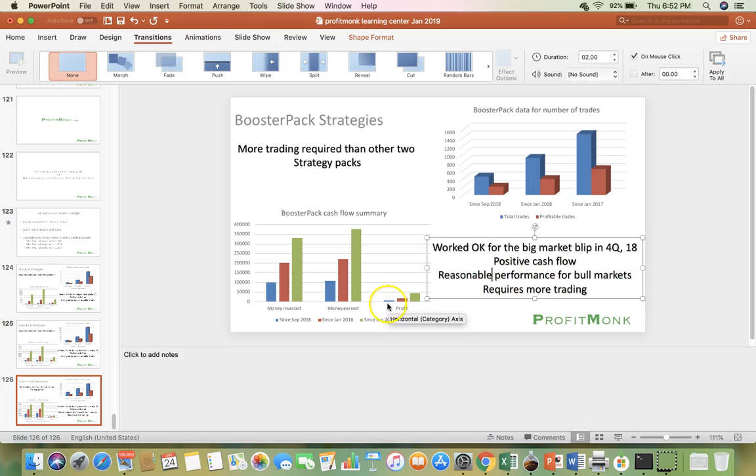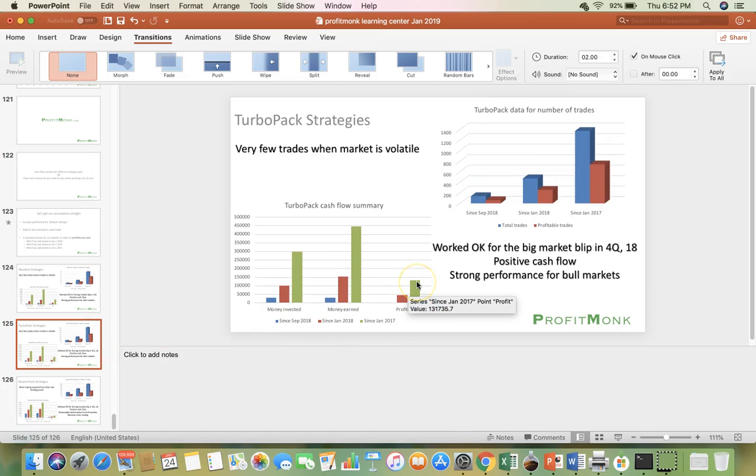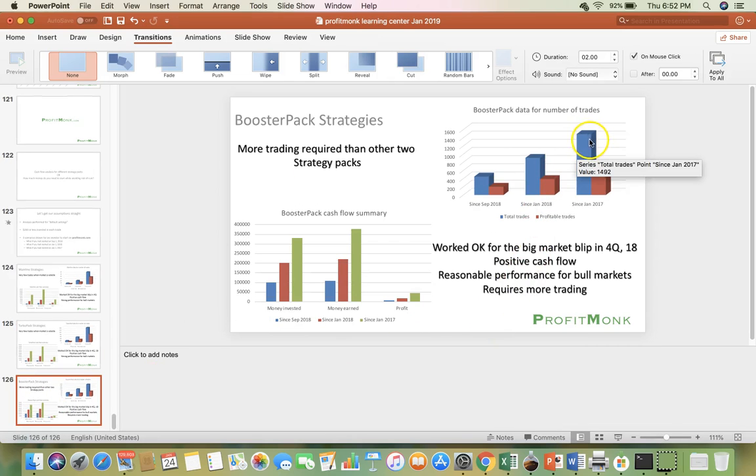It seems to be better for bear markets, this particular strategy. So that's what you can see here, because for bull markets, you can see you made $131,000 for Turbo Packs. That's the profit you made for just making about 1,300 trades. And for Booster Pack, you again made roughly a similar ballpark, about 1492 trades, but the amount of money you made is 44K. So clearly Booster Pack strategies work better for bear markets, because in bear market, you can see here